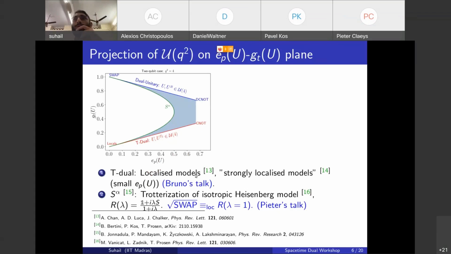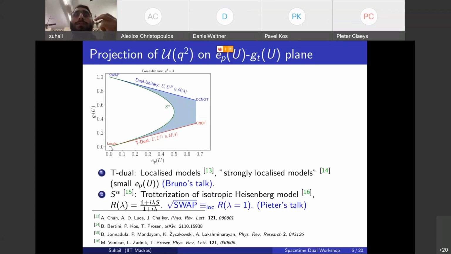How about the T-dual? In the first talk of the first session, diagonal, weakly diagonal interactions with on-site disorder were discussed. I can think of those as T-dual unitaries because their partial transpose is unitary. Those are diagonal interactions, but weakly diagonal, so they will be close to identity. And also the recently introduced strongly localized models, which Bruno was talking about yesterday. In this terminology, a smaller value of GT will mean a smaller entangling power. So over here, one would expect